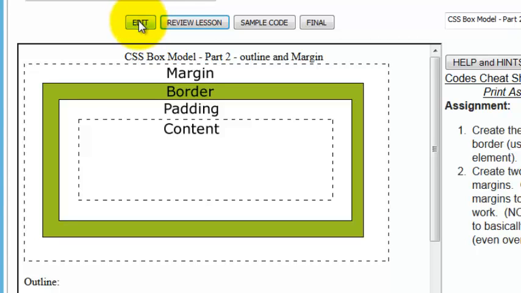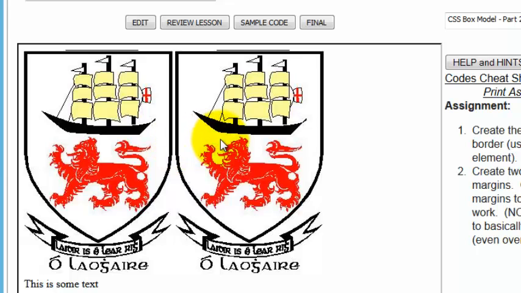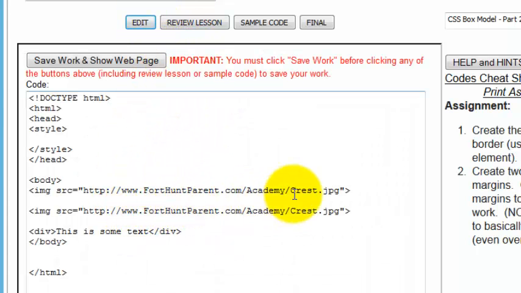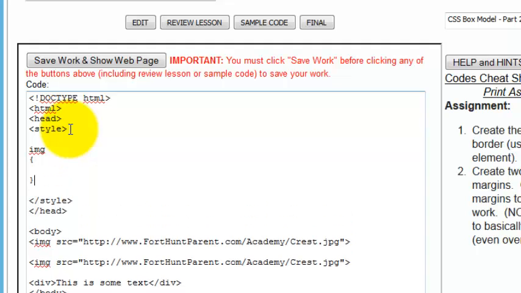So let's go into edit first. So I have an image here. I have two images and some text, and you can see it shows up. There are no style tags here at all, so it's just the two images, same image, and then some text. And let's put a border on both images. So we'll do image, then we'll do a border, as we learned how to do. And we'll say 10 pixels, solid,